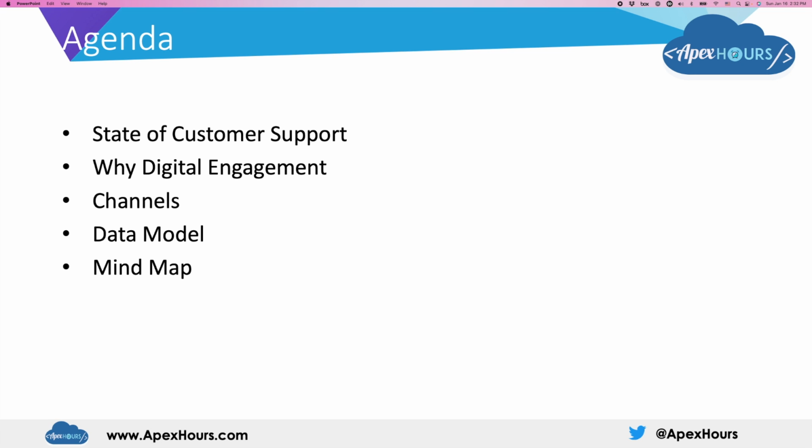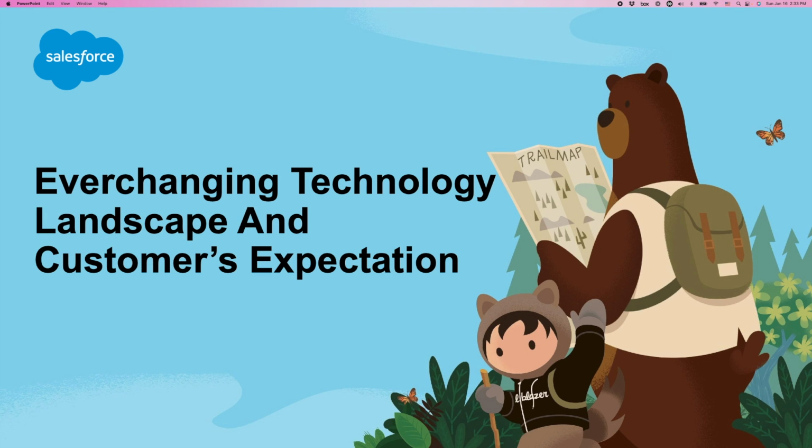I have a few mind maps that I normally use to gather all my thoughts together. I will share that mind map. That's again my note on how I remember all these things. And then we will go through the demos. In the first demo, I will show how digital engagement and SMS work. Another demo I will show is how digital engagement and Facebook Messenger, or a Messenger bot, work together. So let's jump into the topic.